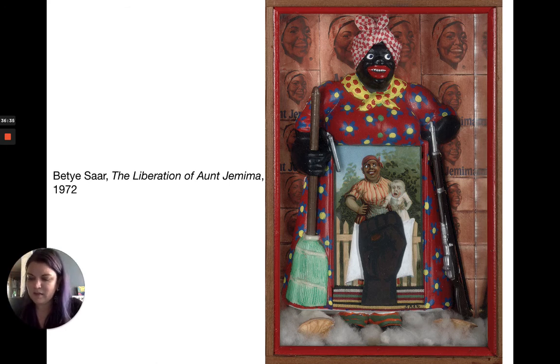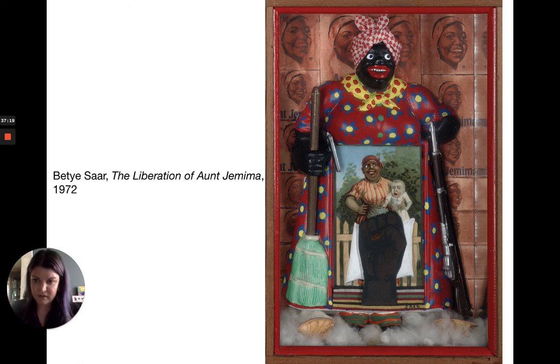And here she wanted to reflect on the Black experience in America. Here she uses the Aunt Jemima trope again. So we're seeing Aunt Jemima in both of these works. And she's using this character to kind of draw out the stereotypes associated with being Black in this country. So we see this figure and she stands on cotton down at the bottom, which is meant to reference slavery. When Betye Saar speaks about this work, she talks about the cultural perception that Black women were not good enough, but good enough to serve, which is this horrible kind of